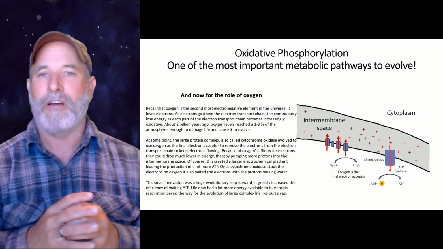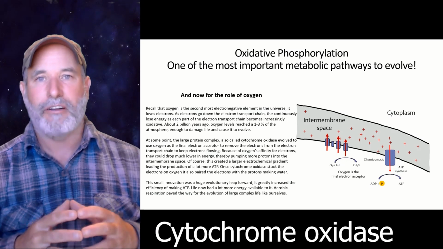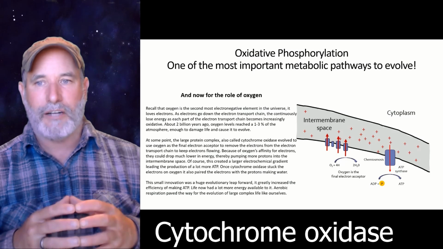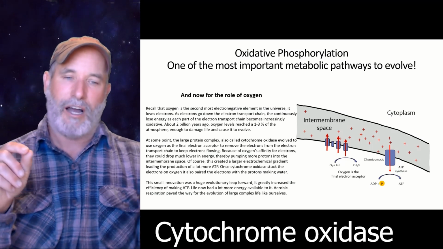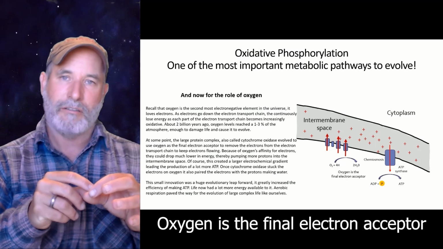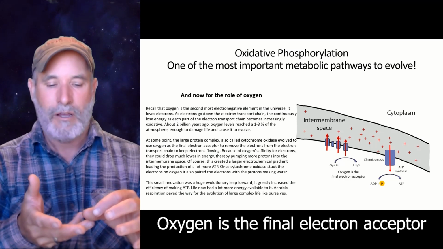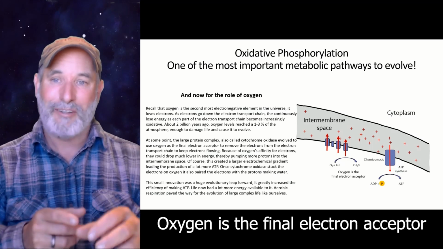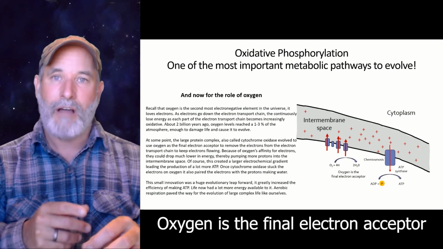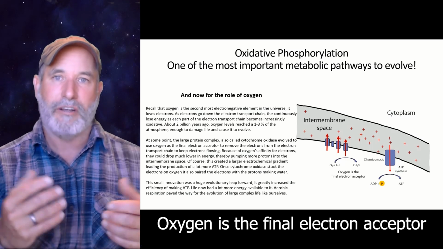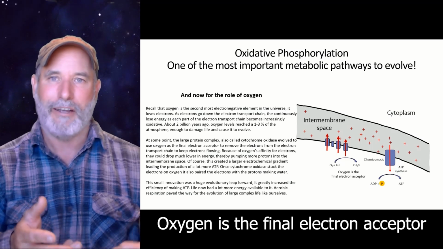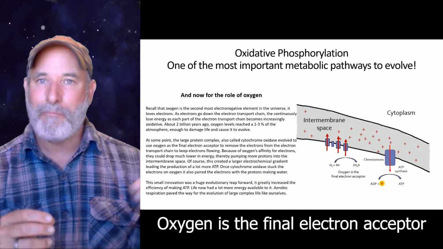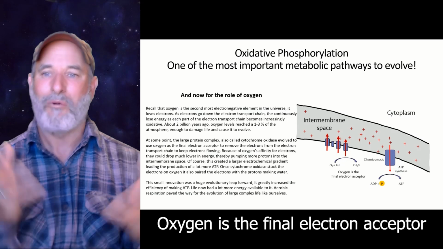The bottom right would be complex 4, and that is cytochrome oxidase, right? Cytochrome oxidase takes the electrons and the oxygen, lines them up, and puts the electrons on the oxygen, which is an easy thing to do. And we get a lot more work out of our electrons, we get way more ATP. But not only does it just put electrons on oxygen, that would just create a ROS, free radical, right? Reactive oxygen species. Not only does that, it takes the protons and puts them on the oxygen and forms water.